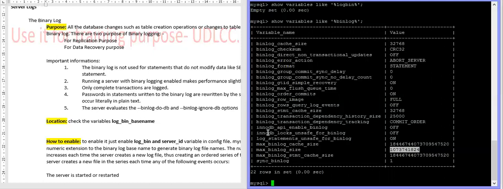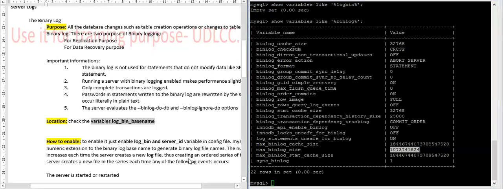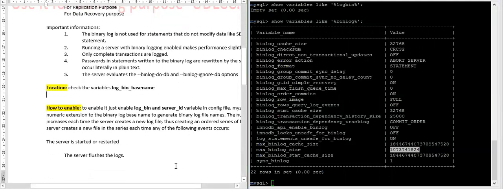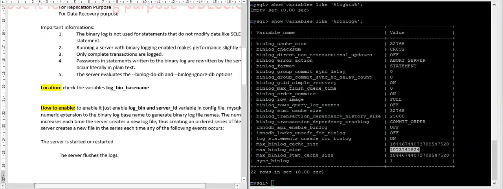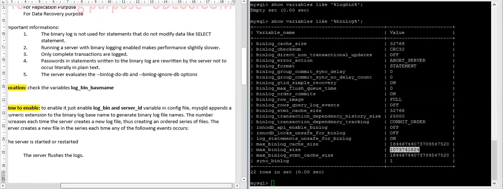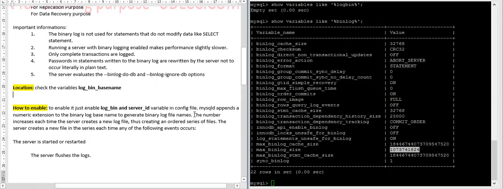It can be more than 1 GB also, because we discussed this in this section. A numeric extension is added to the binary log base name to generate the file name. The number increases each time the server creates a new log, creating an ordered series of files.